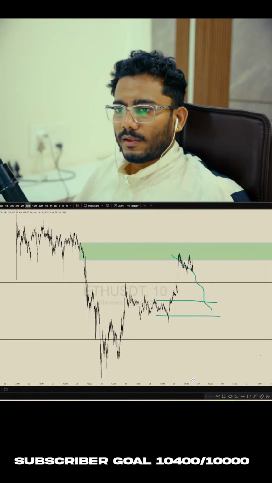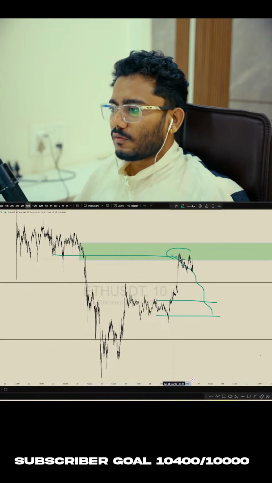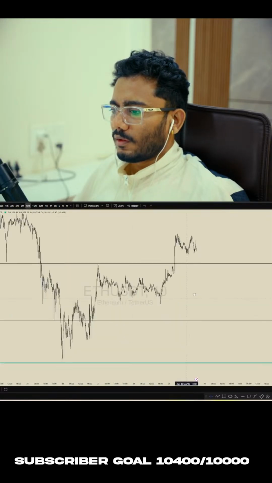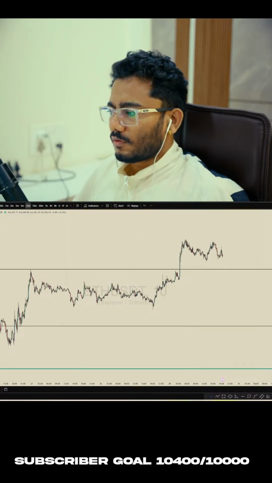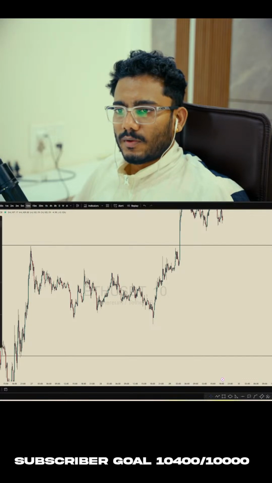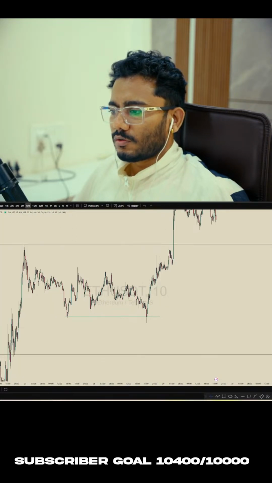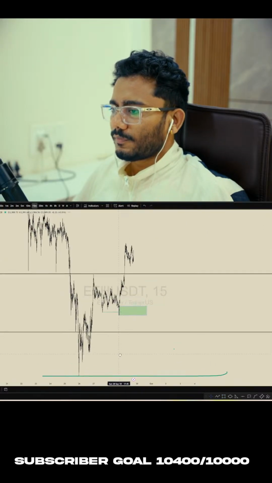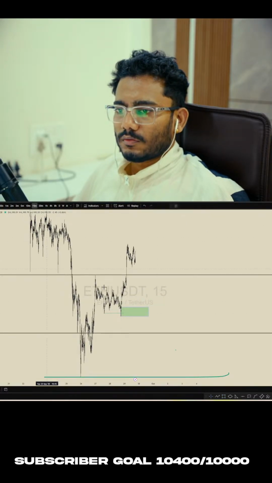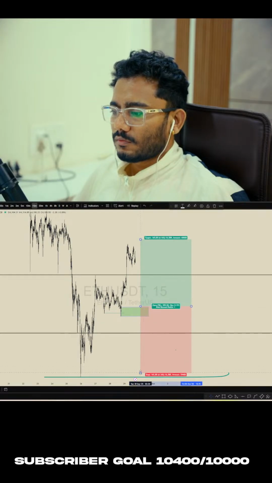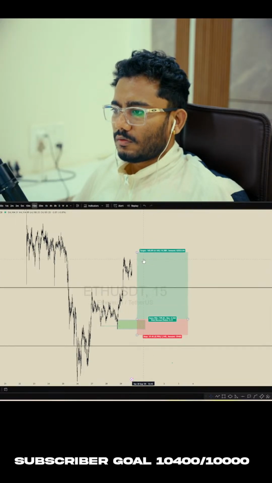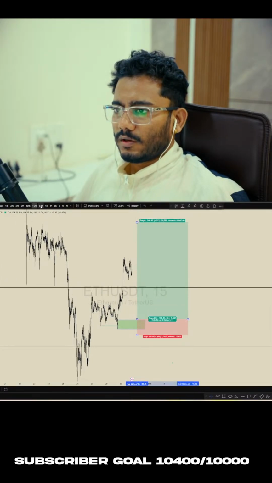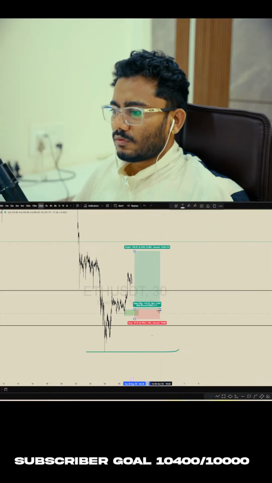Already price has been reacting from this area. It's a consolidation, so a pullback till here, and there's this buy side order block over here which mitigated, and there's imbalance in the price. So here we will look for buy. Next liquidity will be the target, so it's around 1:6.